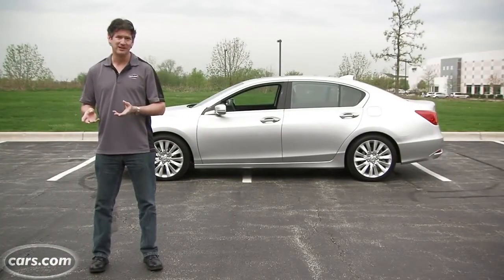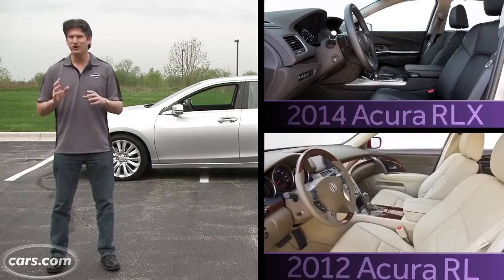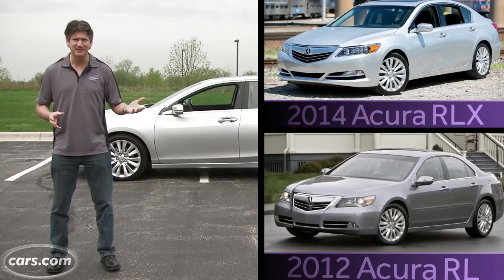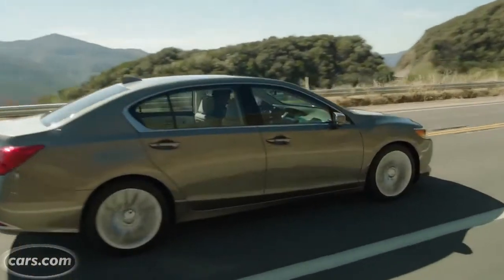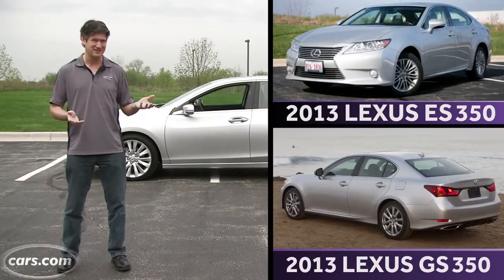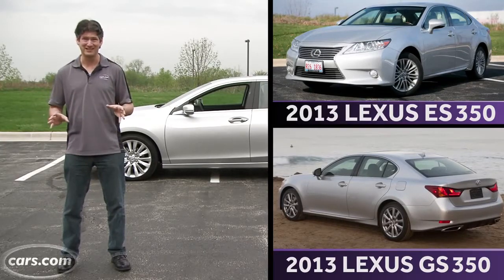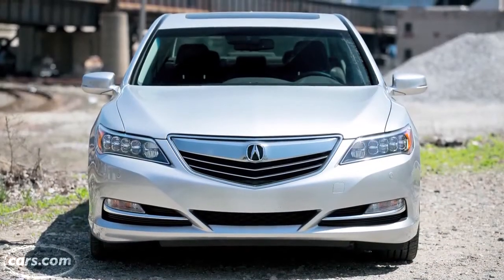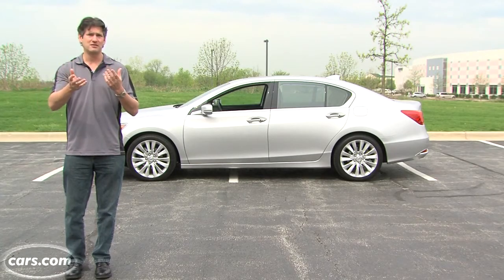I was actually hoping that the replacement for the RL would be larger, maybe have more personality. You know, no one says that a manufacturer's top sedan has to be a full-size sedan like all of the European imports. What's perplexing to me is that this is essentially a mid-size car, but so is the Acura TL. Now, Lexus has 2 mid-size cars, the ES and the GS, but one is front-wheel drive, one is rear-wheel drive. They have very different personalities. So the RLX is really very much in between in a lot of ways. Still, it would be a good choice if you're looking for a car that's